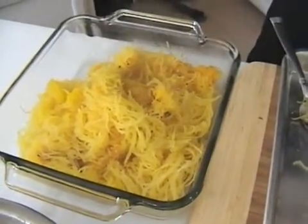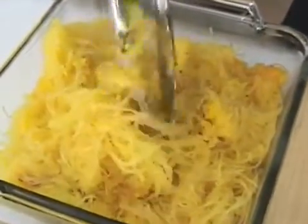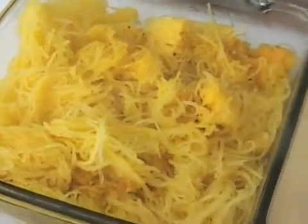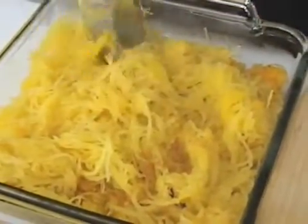We're going to do the same thing to the other half of the squash and make sure we get all of that good squash into the pan. You can also make these into individual cups, like individual ramekins, and make individual casseroles or dishes that look really cute on the dinner table and are fun for your guests to enjoy. It's always fun to get individual servings of things. Okay,